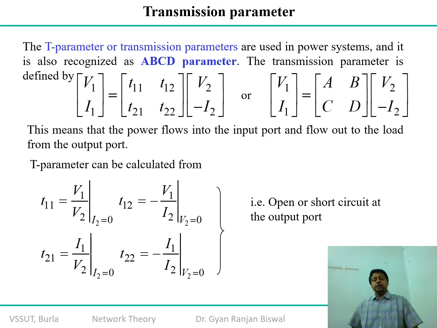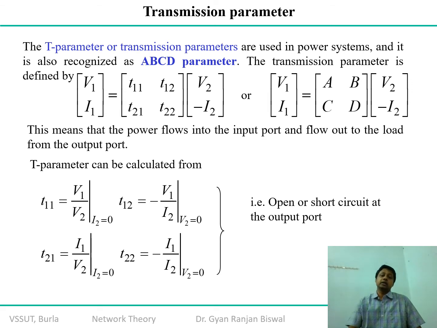So as you can appreciate in this particular model, we have the equations in terms of the transmission parameters, that is T11, T12, T21 and T22. Sometimes, for the sake of ease, it is also written as A, B, C, D, and that's why this parametric approach or analysis is also recognized as the ABCD parameters, where the direction of flow of power, or in other words the current, is entertained in one direction only, unlike all the assumptions we have taken in the last three parameters. So here it is going to violate that, or in other words, correct it.